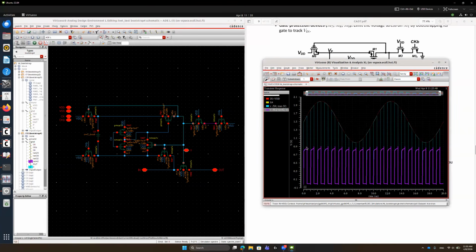You can see that it doesn't touch as high as 1 volt. It goes slightly touching as high as 0.9 volt only. So that means VDS is literally less than 1 volt, and this VDS is also less than 1 volt because this is also touching as high as 2 volt only. So this is done, and